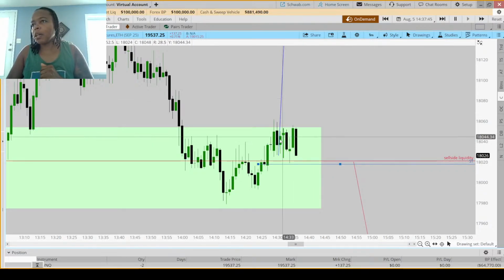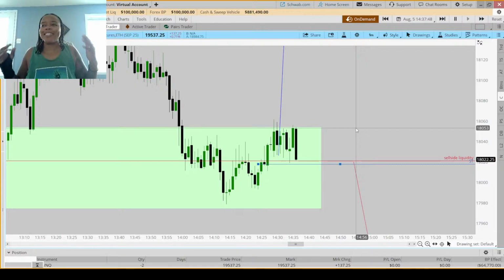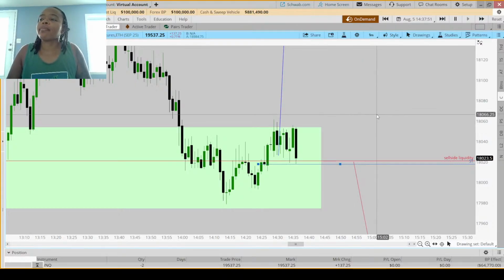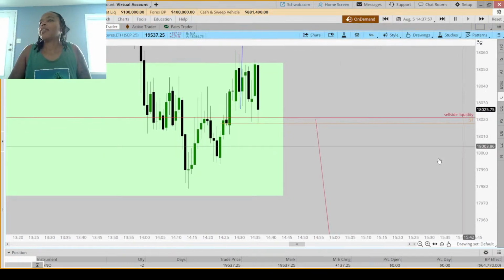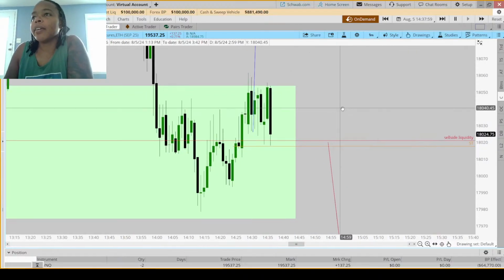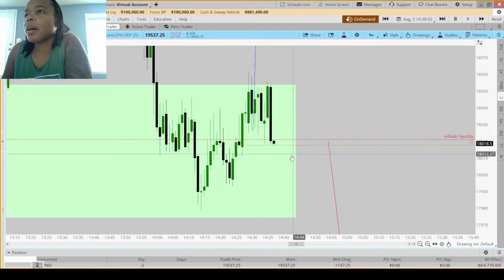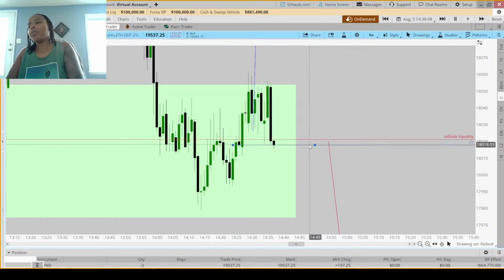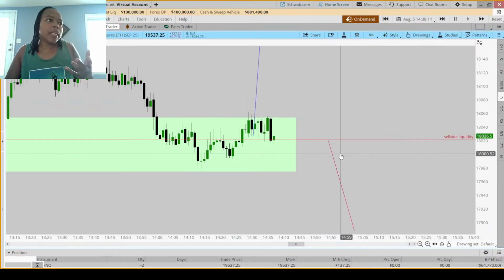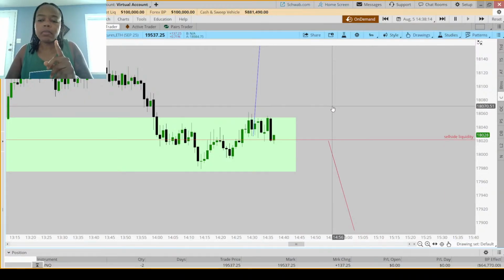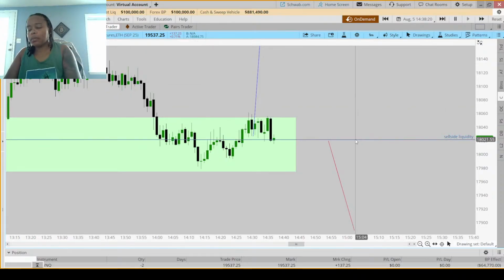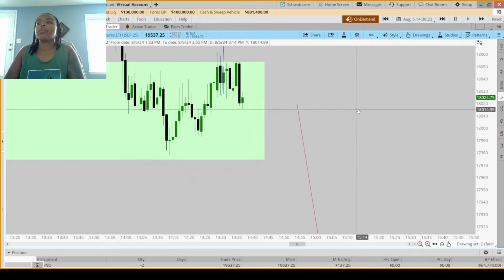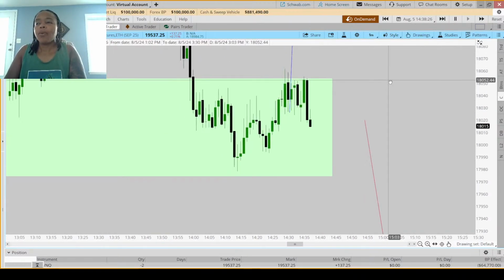So I still wouldn't have been stopped out yet, but it hasn't left the area, so it's not going to. Has not left the area. So I'm just about to be stopped out right there. And I would have been stopped out right there. Now, this behavior, so I would have taken a break even and then a full stop out in the PM with this foolishness. But what this tells me is they want to go down.